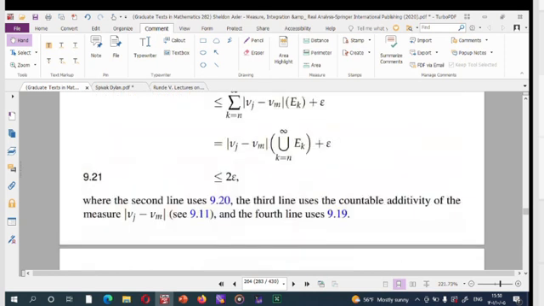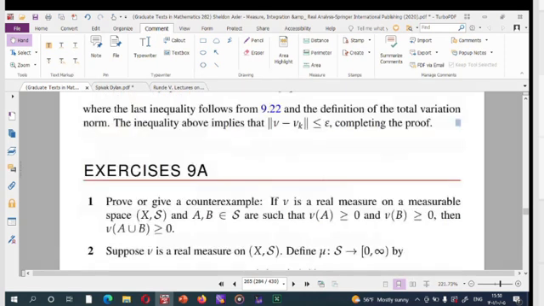So we have a norm space and a Banach space. Okay,